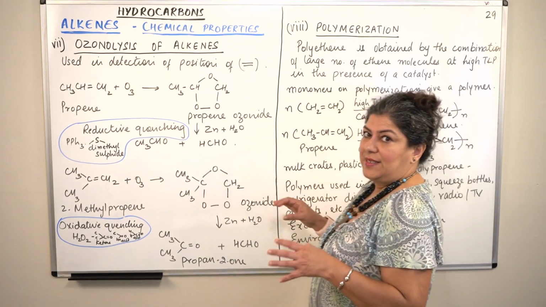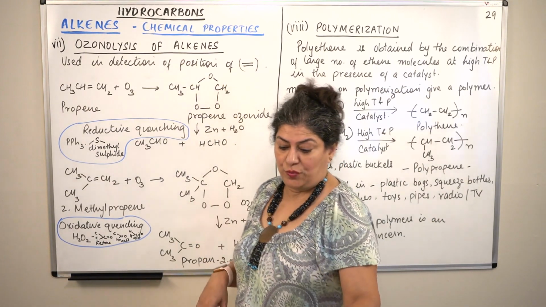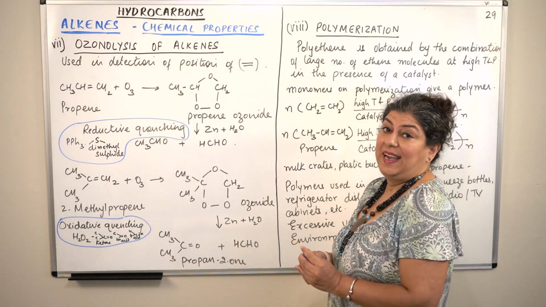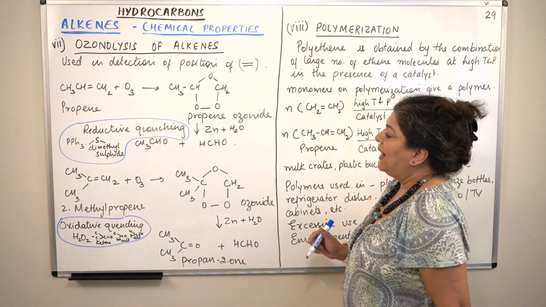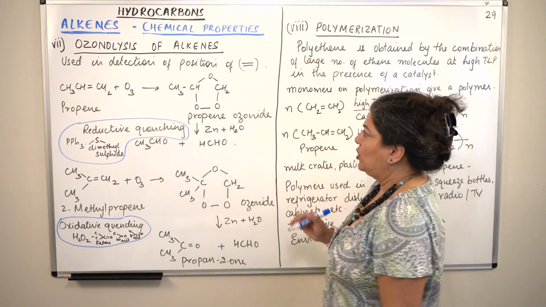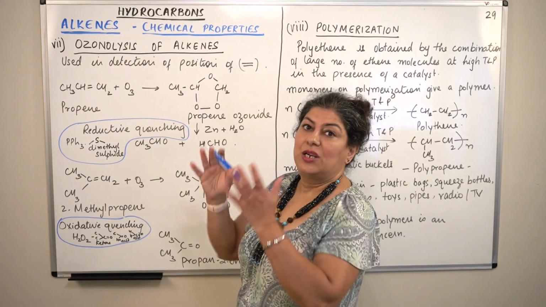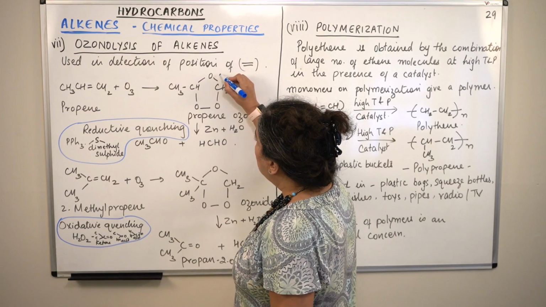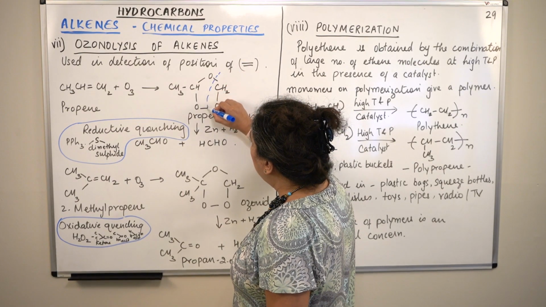Now, in the first step, the ozonide or the intermediate was formed. In the second step, what happens? You make it react with zinc and water. And in the presence of zinc and water, what happens? The ozonide breaks into two products. The ozonide molecule breaks in this way.